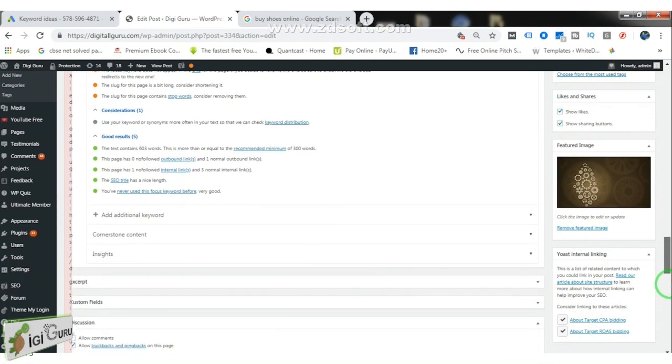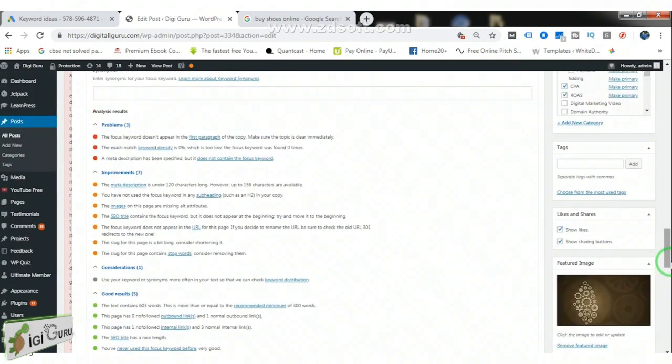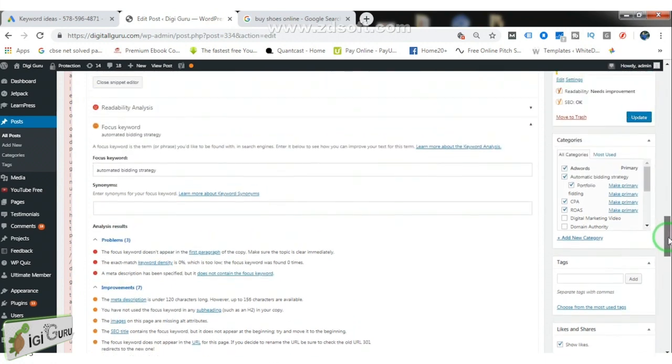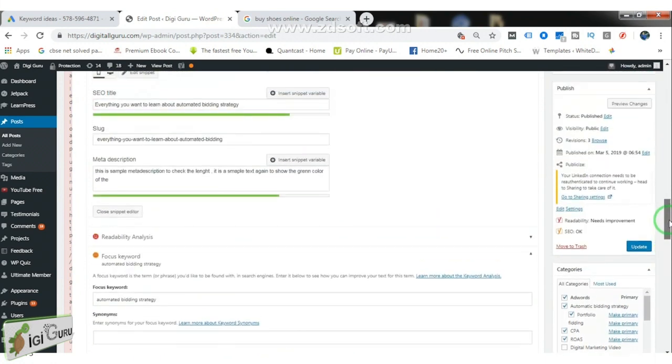All right, I hope you have understood how to do on-page SEO, keyword research, as well as implementation at the back end of your website. Once it is completed, you need to move on to other pages and make all the pages and posts which are present on your website SEO friendly by resolving all the errors and making them green. I hope you have understood how to do the keyword implementation stage.